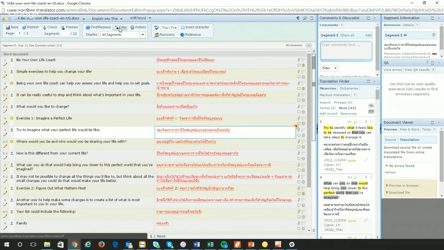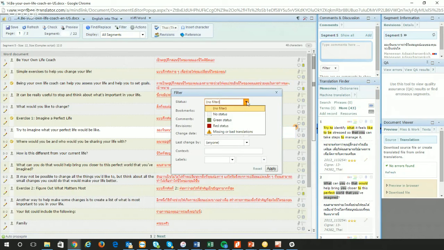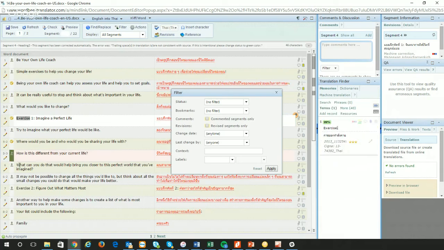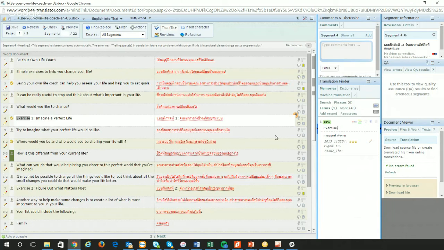So yeah, and then you can also do things like filter. I could go in and mark things like, okay, I want to review this later. So I can mark it and later go back and filter it. I can filter on any missing translation. And I think, especially for long translations, this can be a really handy way to, again, break it down so that you're just working on what you want to work on.